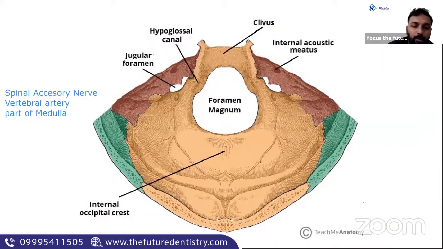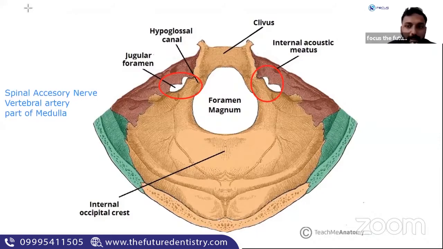Now we will move to something called the jugular foramen. Just see the shape of that foramen. Slightly more lateral to the hypoglossal canal, you can find the jugular foramen. This jugular foramen is very important. Do you know how they got the name? It's because of the shape they got the jugular foramen name. Any structure with a similar name, any structure?